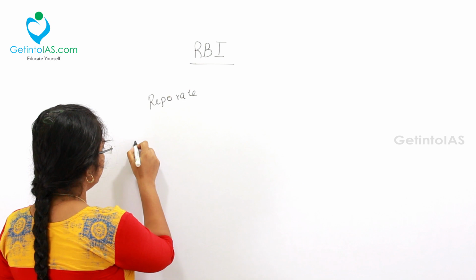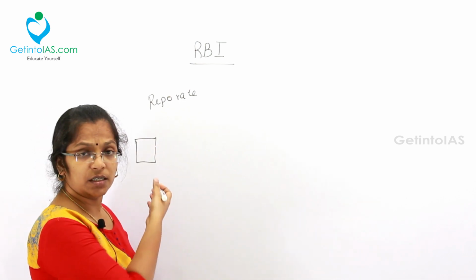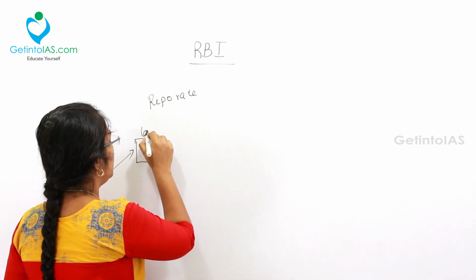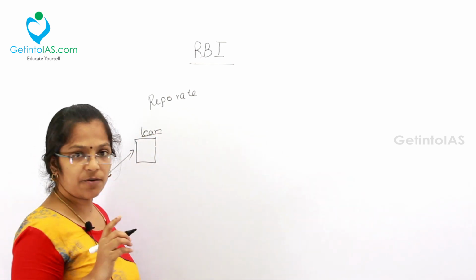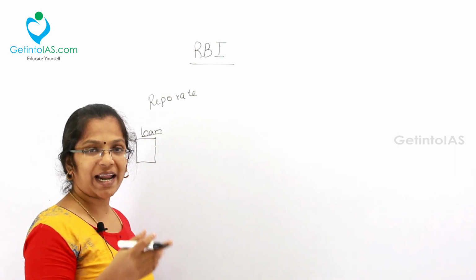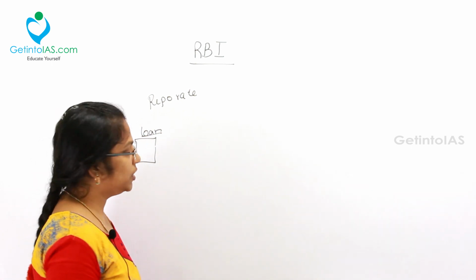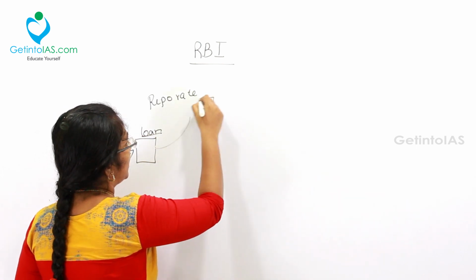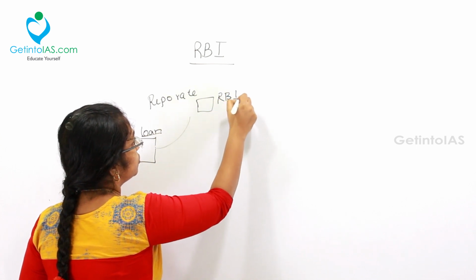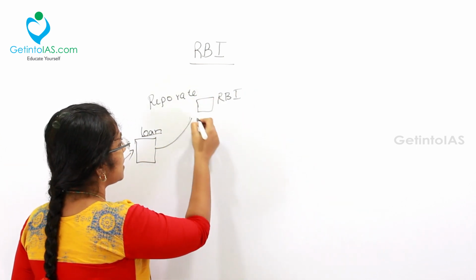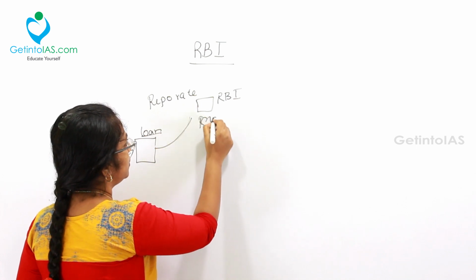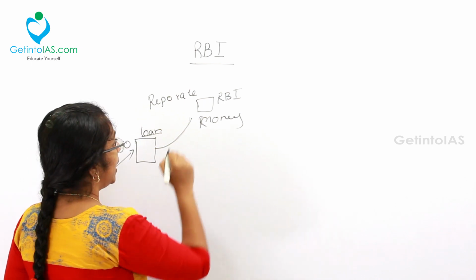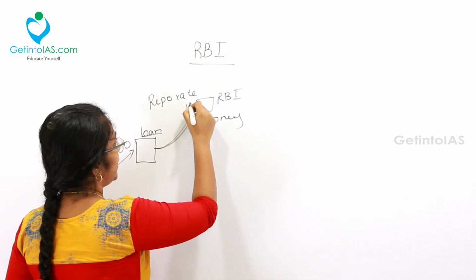Let us take a person who is going to a bank and asking for a loan, and the bank does not have a sufficient amount of cash. So generally, what will the bank do? It will go to RBI and ask for money from RBI. Let us say the person is asking for 100 rupees and the bank goes to RBI asking for